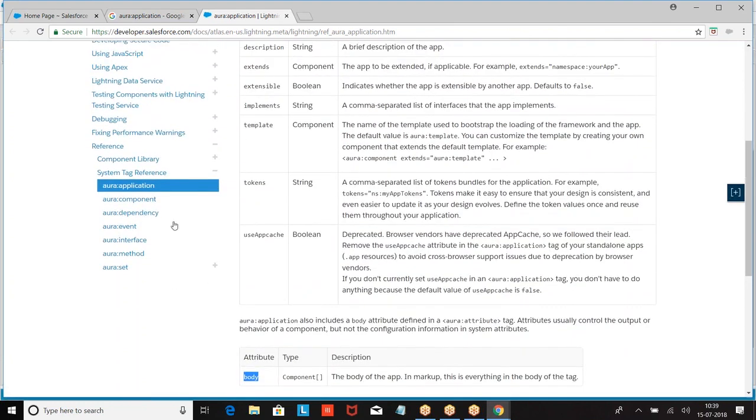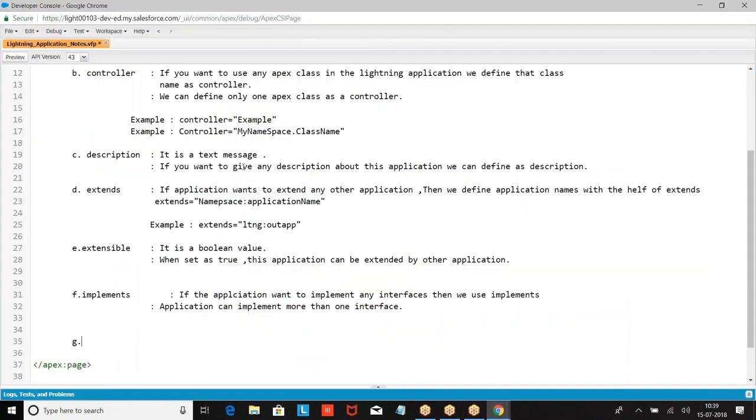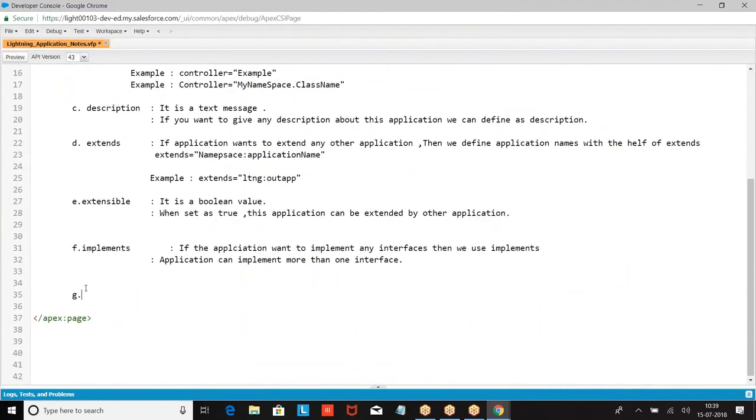So come back. Let us go to the basic structure. This is how we created the application. Note: the body of the application is referred using the attribute.